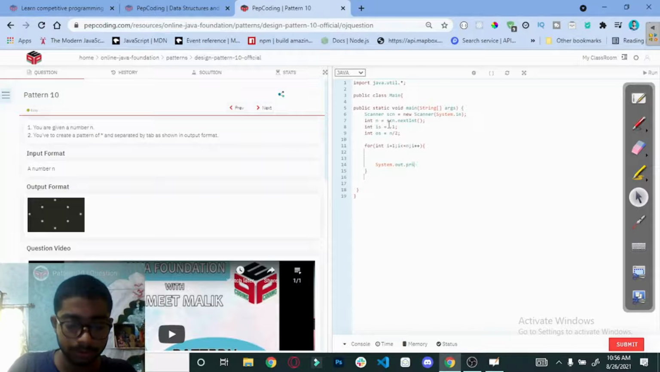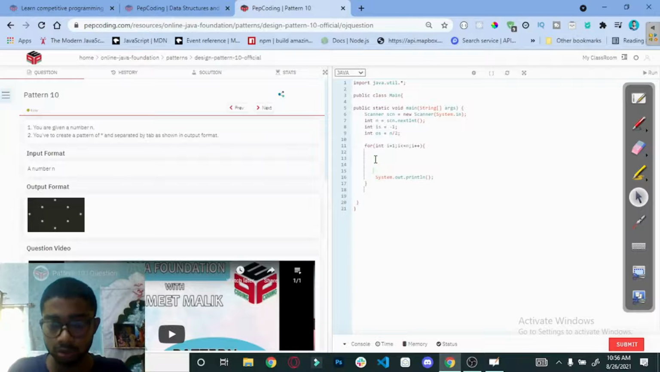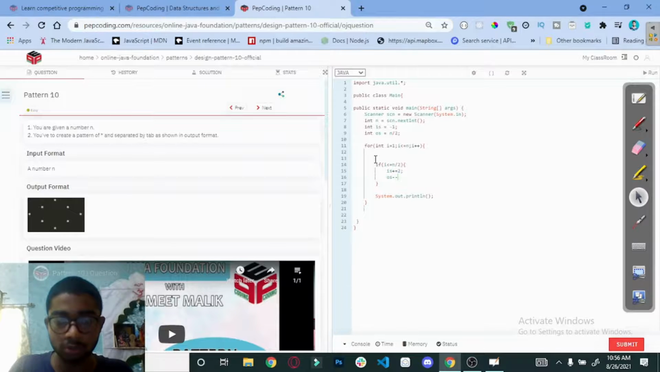System.out.println for the next line. And here what we want to do is, if i is less than or equal to n divided by 2, then we are going to increase the inner space value by 2, plus equal to 2, and decrease the outer space value by 1. Else, we are going to do inner space minus equal to 2 and the outer space